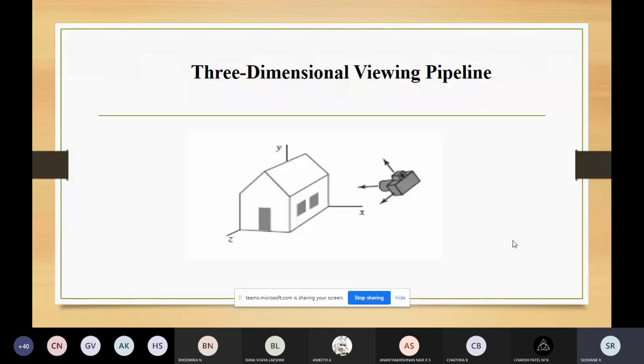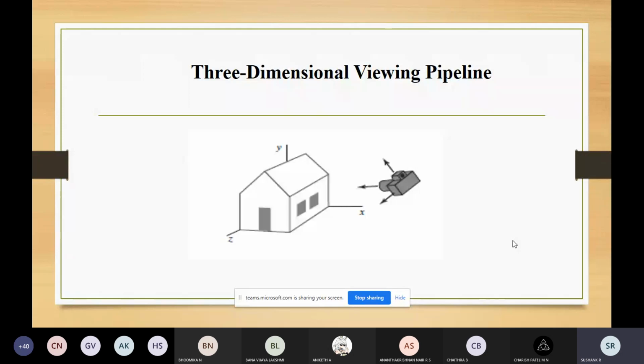So what process is involved when you're taking a photograph? First thing is you should decide the viewing position where you're going to place the camera. When you're taking a photograph, you need to check from which position you are going to take the image. You can decide this viewing position according to whether you want to take the front side of the scene, the back side of the scene, or the side face of the scene, like that.